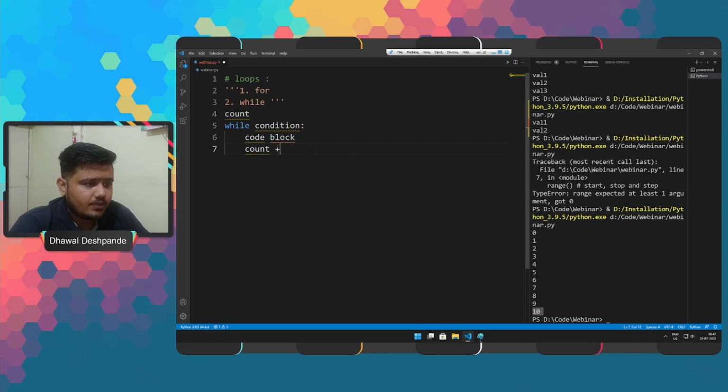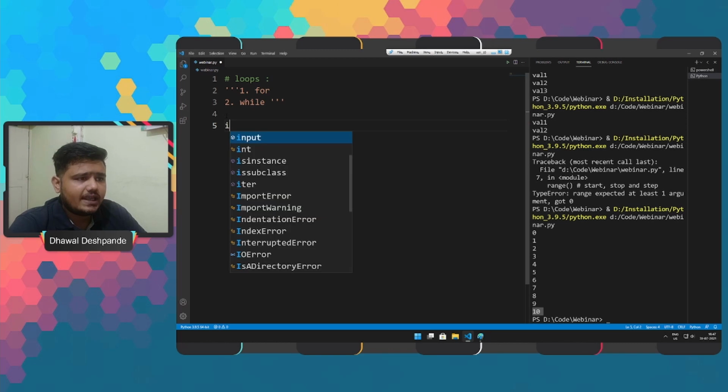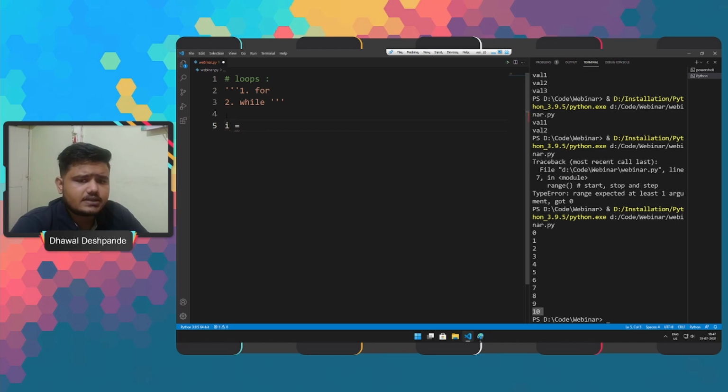To understand the working of while, let's take an example. Here we will take a counter which is i. Let's start with 0, and then while i is less than, let's say, 10.